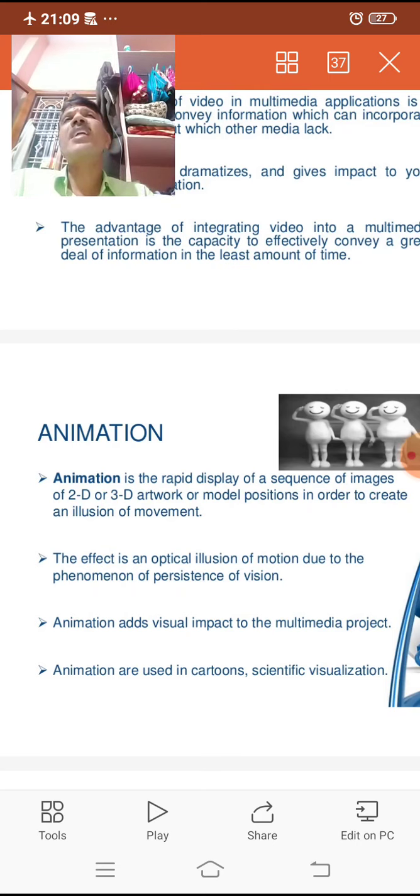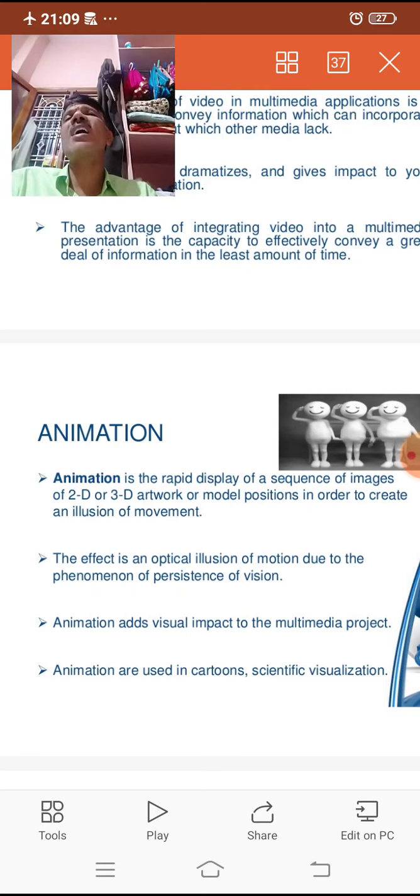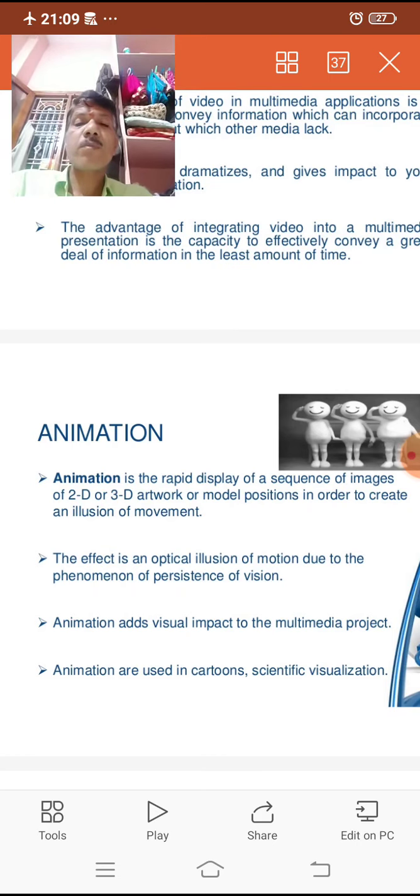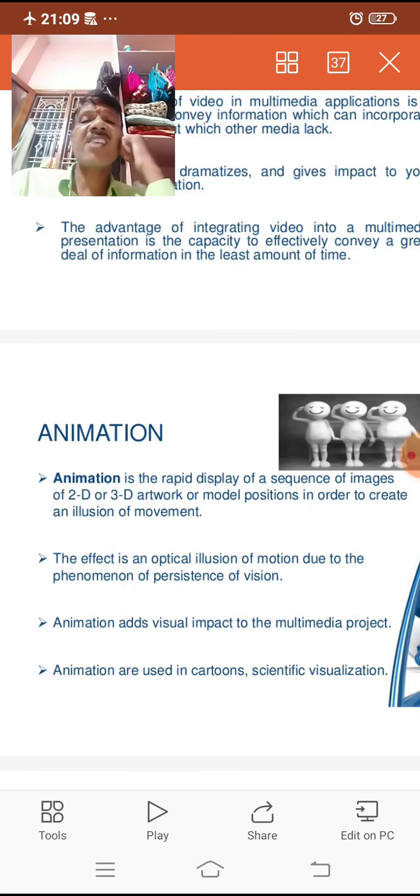It is nothing but the moving of objects, images or pictures to make the presentation more effective. The effect is an optical illusion of motion due to the phenomenon of persistence of vision.